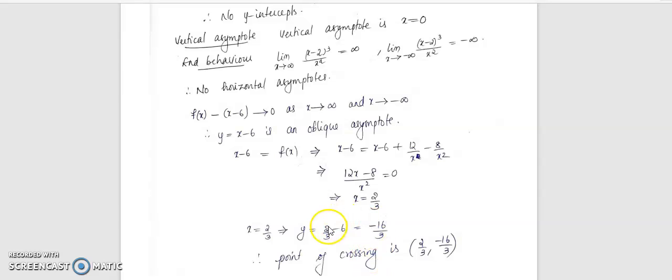So we have got the point of crossing, and now we need to look at the analysis on derivatives. So we need to find the first derivative and second derivative, then discuss the increasing and decreasing behavior, and then